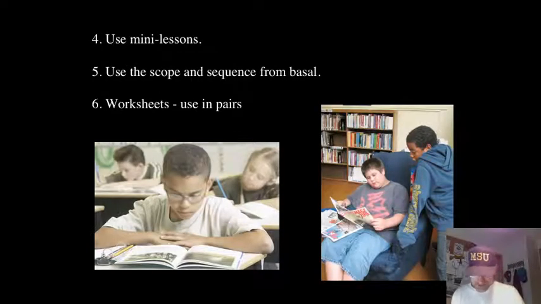Mini lessons, short bits of instruction, 5 to 10 minutes in length. They could be done in large group or small group. You would still be teaching the skills. What skills would you teach? You'd use the scope and sequence chart from the basal to give you a sense of what skills to teach. And you could check off the skills as you taught them and check off the skills as students mastered them. And you can usually find more effective ways to teach the skills than are described in the basal. And again, all basal instructions should be adopted and adapted.